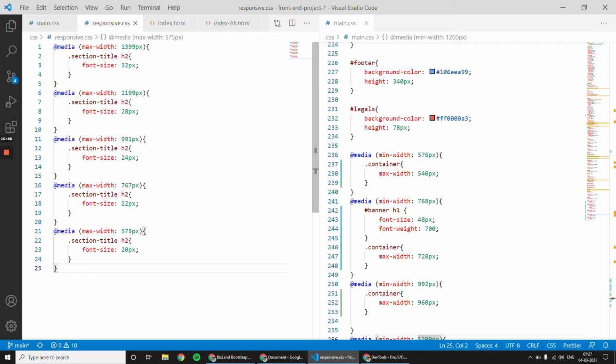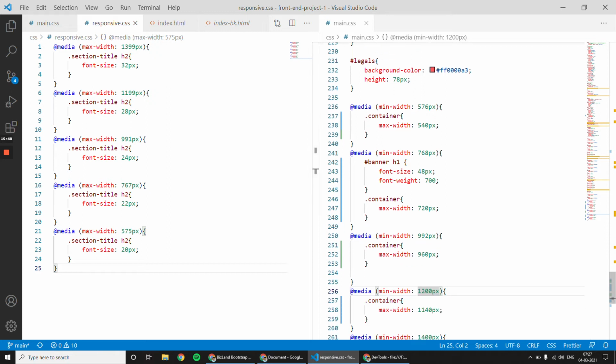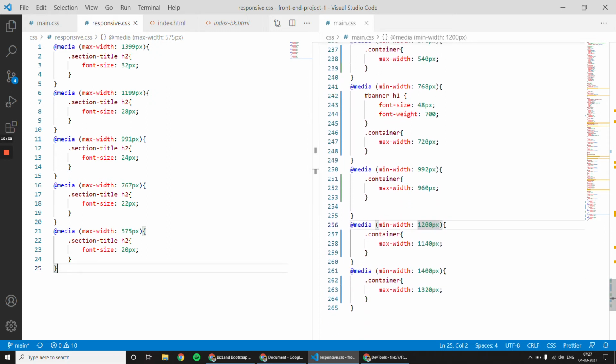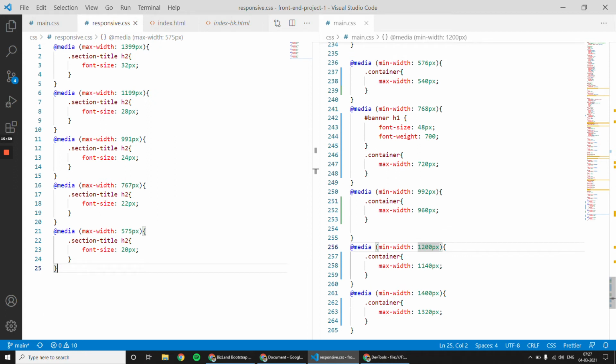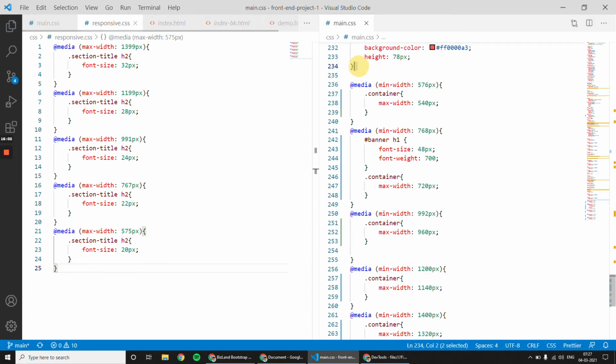Okay, so now you can very well see, by comparing these two codes, what we have followed on the right side. What we have followed is the mobile first approach, which means the styles that we have written before the media query are for mobile view or the small screen view, and we will target some bigger screen sizes and keep increasing the values.